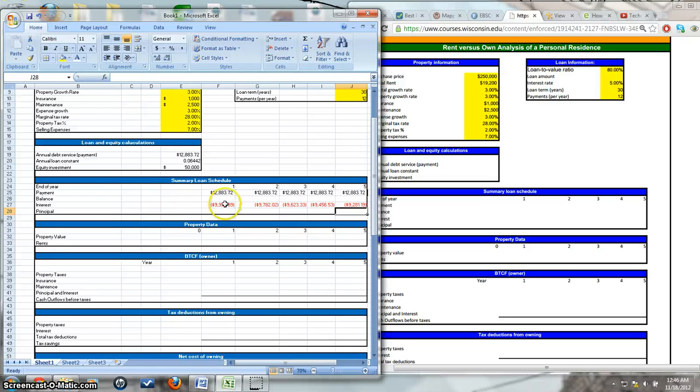So, now you have the payment and you have the interest. Guess what that gives you? The principal. So if we do equals payment, excuse me, not times, plus the interest,